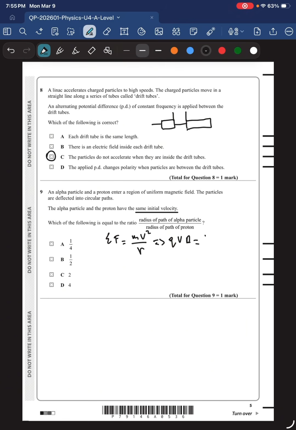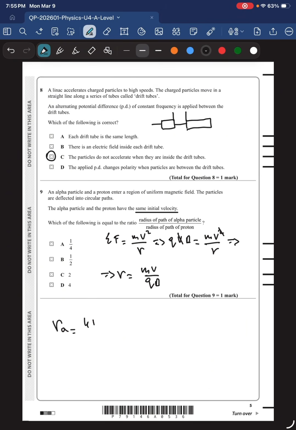So qvB is mv squared over r. Okay, so the velocity cancels. So r, the radius, is equal to mv over qB. Okay, so the radius of the alpha particle is then